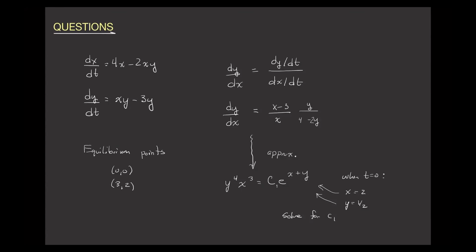Then what you're asked to do in, let's say, part D and E is essentially graph what you get here. I can't remember what C1 is offhand, but it's some number. You can take and graph this as an implicit curve in Desmos. Just go to the implicit graphing portion of Desmos. This will end up being, once you have the specific C1,